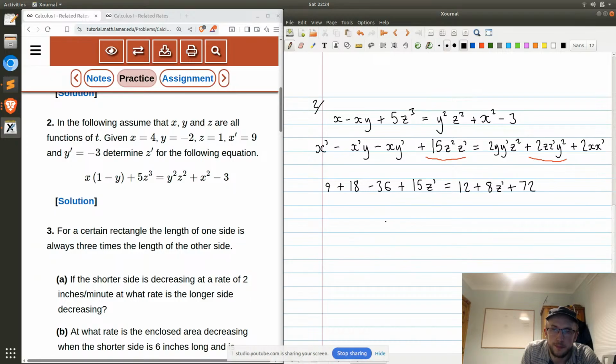There. 9 plus 18 minus 36. Well, that would be 27 minus 36, which is minus 9. 12 plus 72 is 84. So 8z plus 84. So 7z on the left. And 84 plus 9, which is 93. So I know that that's not right,